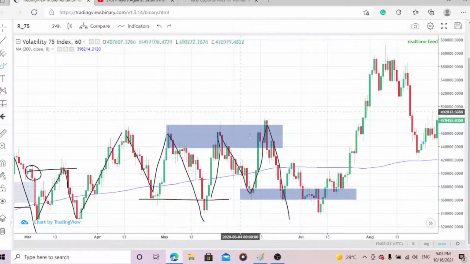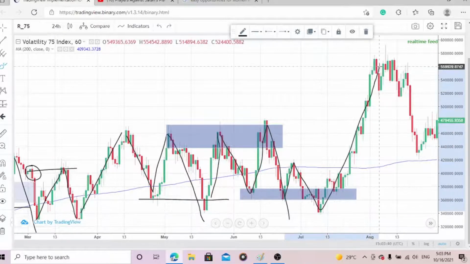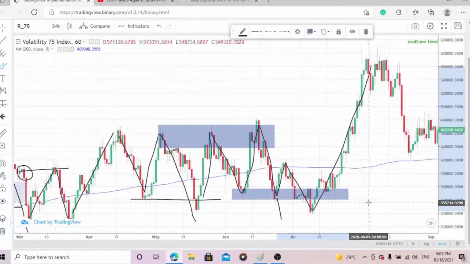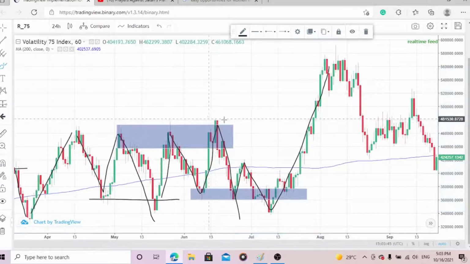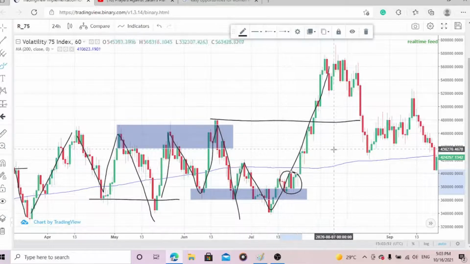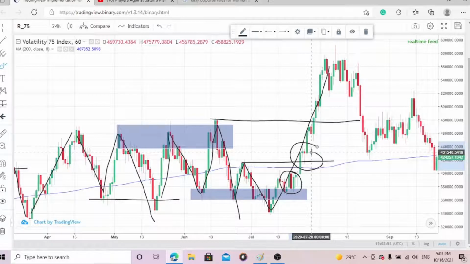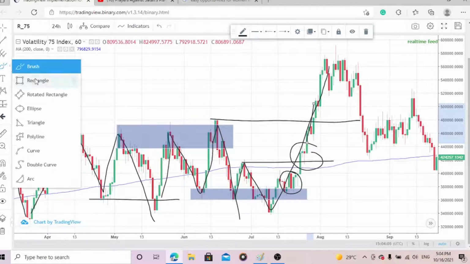The market reacted. The market came here, reacted from that order block, pulled back, and went all the way up, breaking this high. So this is an order block because it broke this high. This is an order block because the market went to break this high from it. Okay, so if I were just to highlight this order block here,